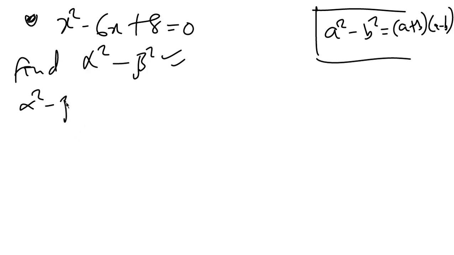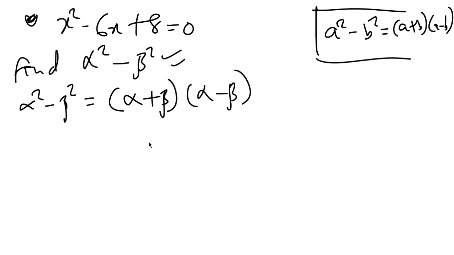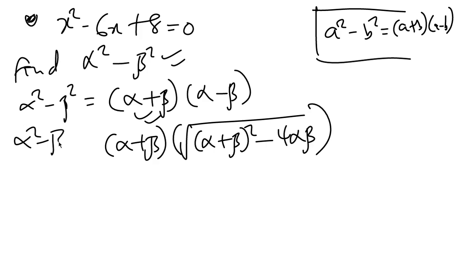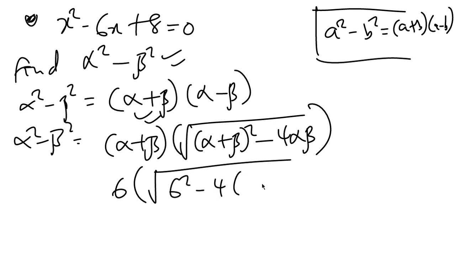So alpha squared minus beta squared is the same thing as alpha plus beta into alpha minus beta. Alpha plus beta is very easy to get, but you know that alpha minus beta is the square root of alpha plus beta all squared minus 4 alpha beta. So this is what you are going to solve when you are asked for alpha squared minus beta squared. So what's alpha plus beta? We've mentioned it is 6, into the square root of alpha plus beta all squared, that's 6 squared minus 4 into